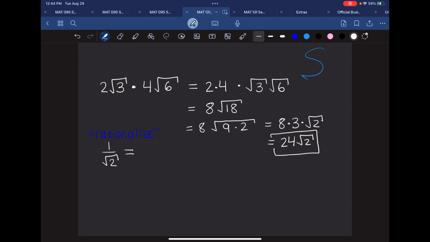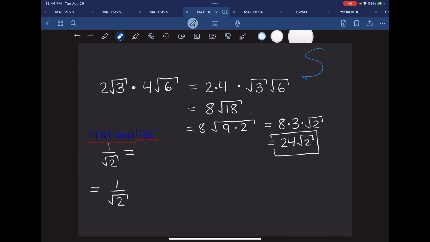So what we're going to do is multiply the numerator and denominator by something that will get rid of the square root in the denominator. And notice what happens when I multiply by root 2